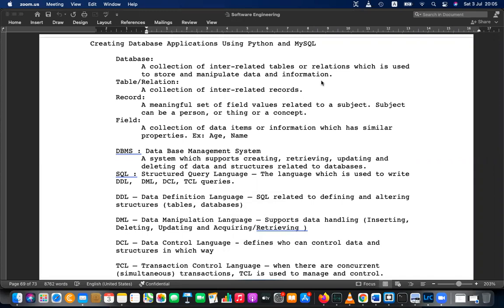We learn how to save inputs to a file that we learned in the previous class. I can remember it's like one or two months ago, we did file reading and file writing. And that is how we saved input and output to a storage device. So that is one method of saving data.